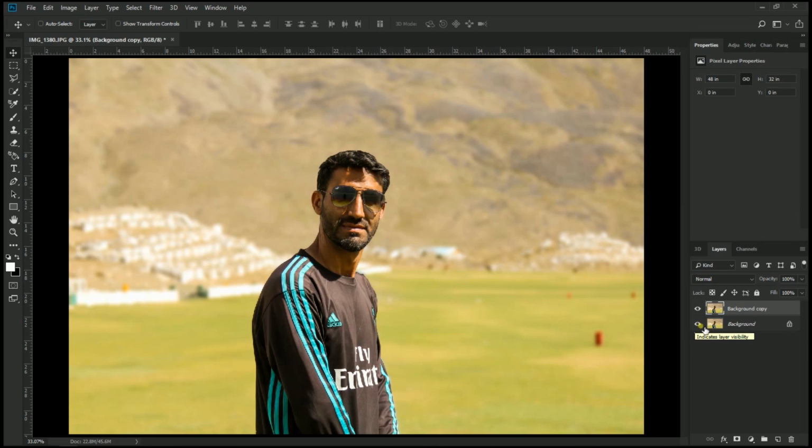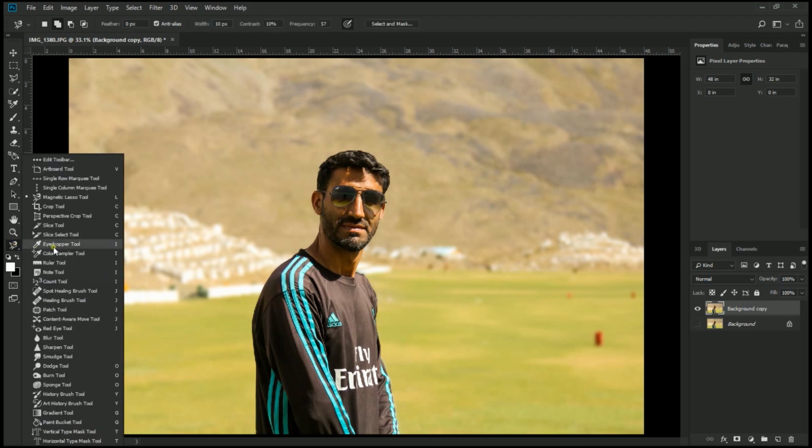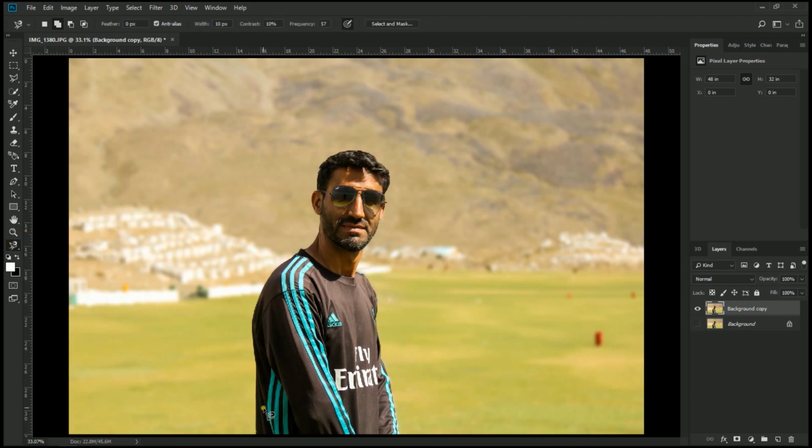So we'll first hide the background layer, and then we have to make a selection around this part of the picture, right? To do that, we will go to the lasso tool, and from here select the magnetic lasso tool. If you can't see it here, go to the three dots at the bottom and select the magnetic lasso tool, which is currently selected, and then make a selection around this place, right? So start from here, from the very bottom, and then